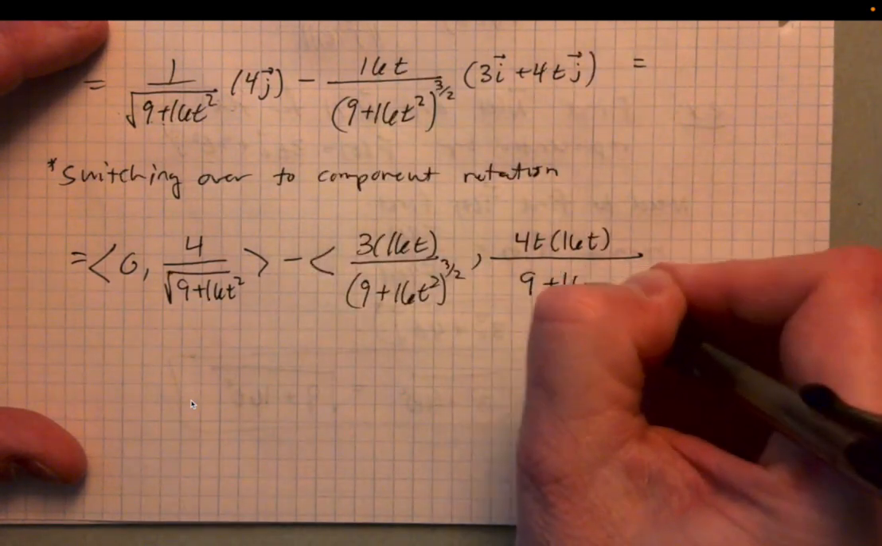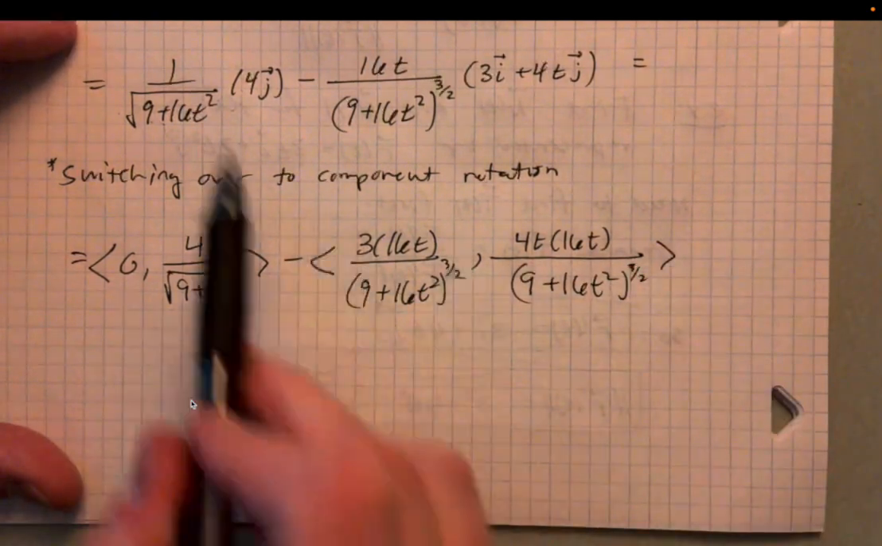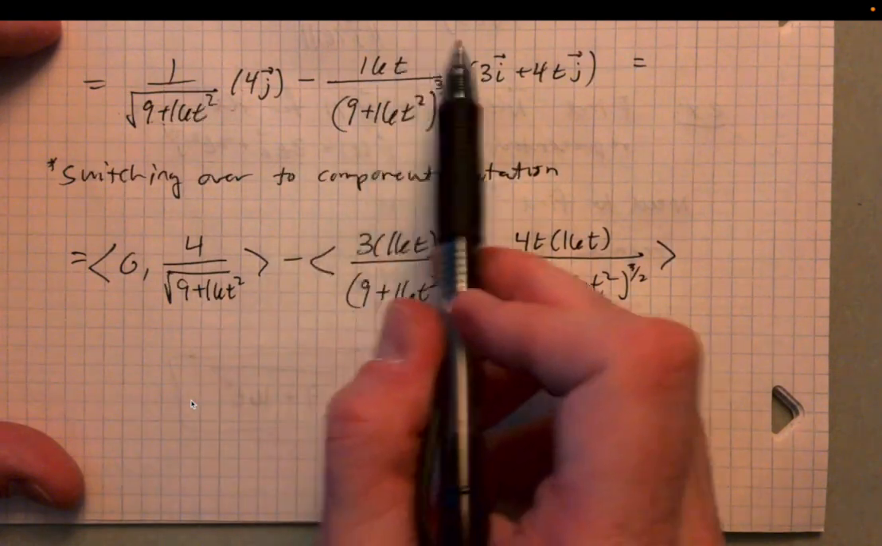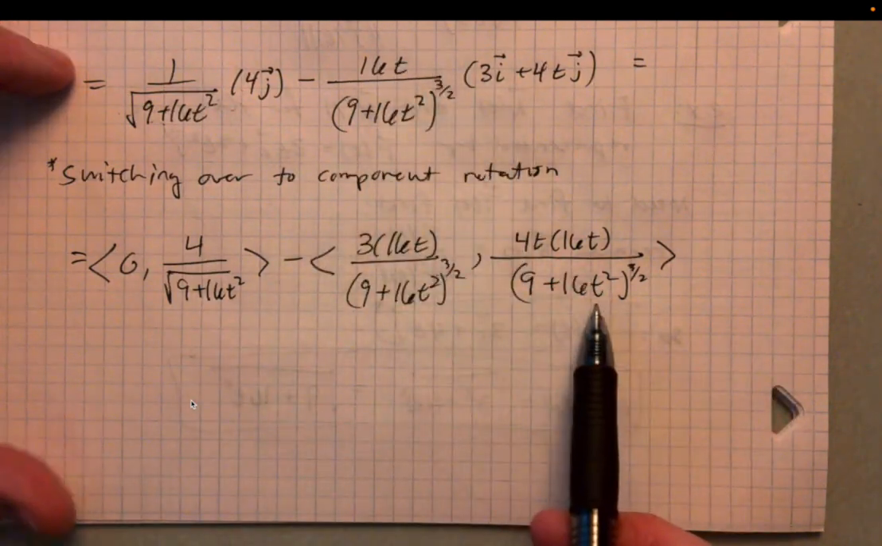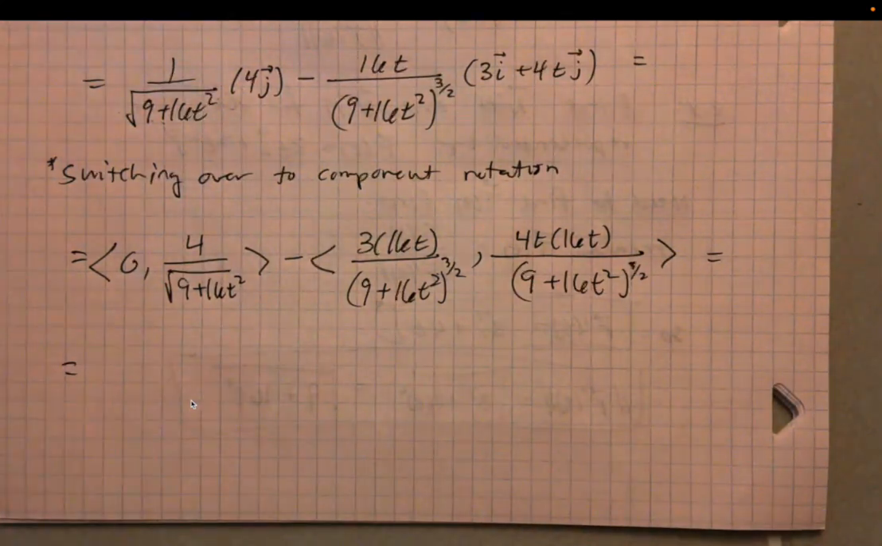All right, so 9 plus 16t squared to the 3/2 power. Okay, so this vector here can be written like this. This vector over here can be written like this. Now I'm just going to combine them. We're ultimately trying to get down to one vector here. So when I combine everything,